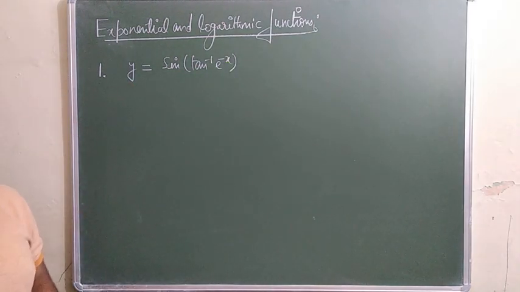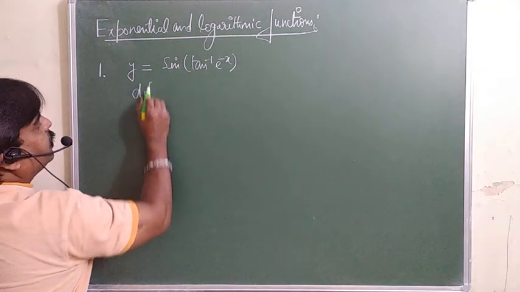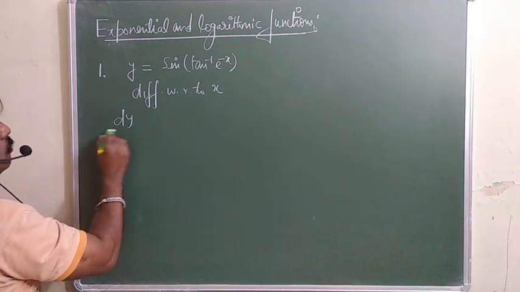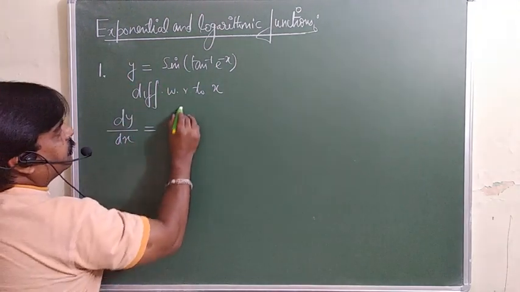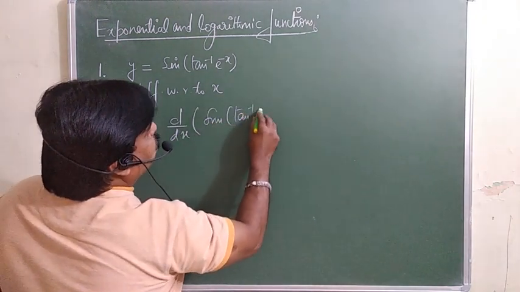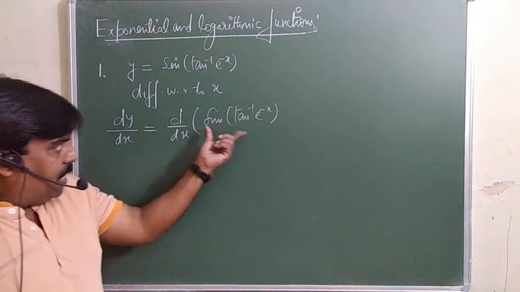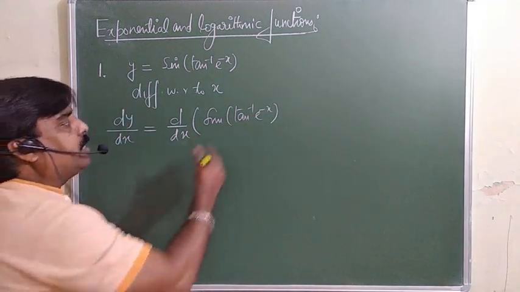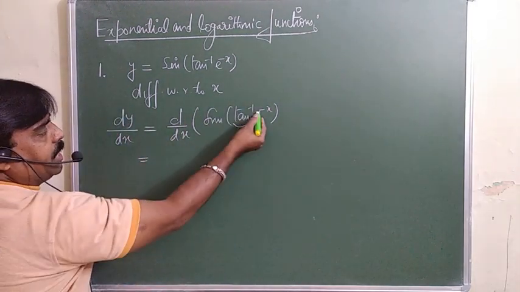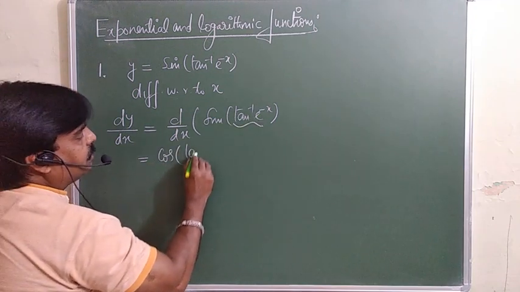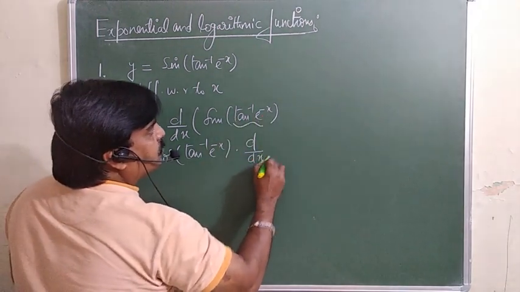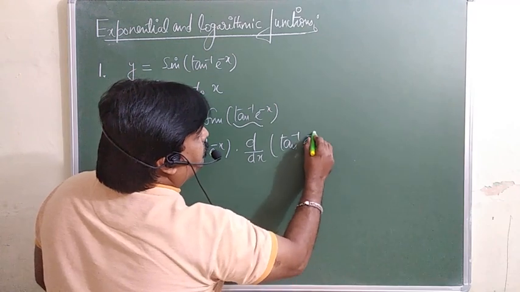Let's suppose this is equal to y. We want to find out dy over dx. So you have to differentiate with respect to x. So this is your dy over dx, and we will take the derivative of this sin(tan inverse(e raised to power minus x)). First of all, for sin x, we will treat this like an x. Assume this is x, then you will get the derivative of sin x, which is cos x. Now take the derivative of this tan inverse e raised to power minus x.